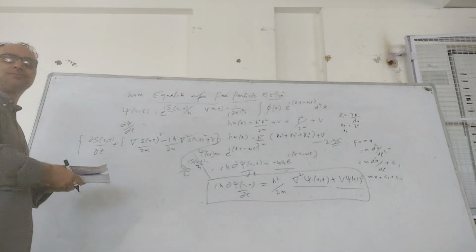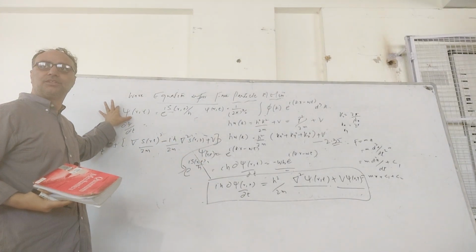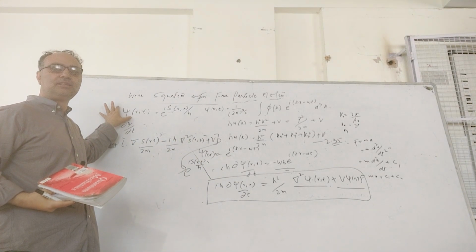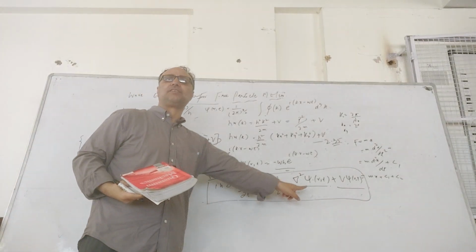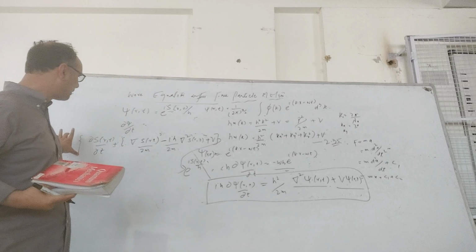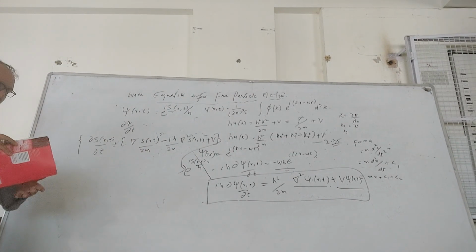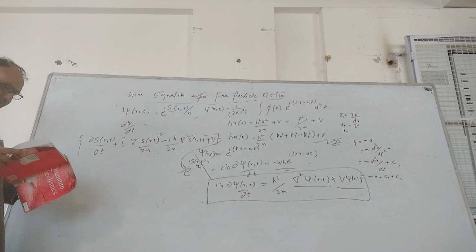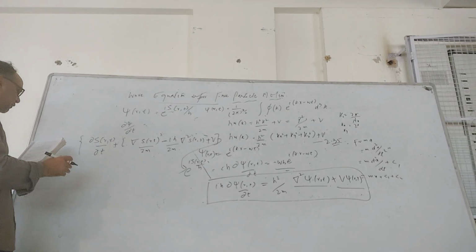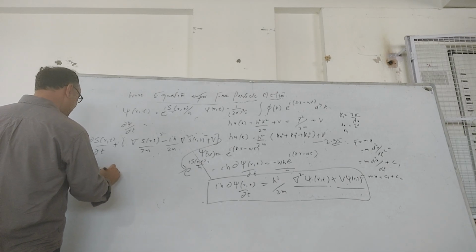So I have done nothing. I have tried to substitute this value of psi in this partial differential equation. Do the rough work at your place; you can write it by rearranging the terms. You can write it like this. Okay, now what will this tell us? What we are saying is that the function S(r, t) is generally